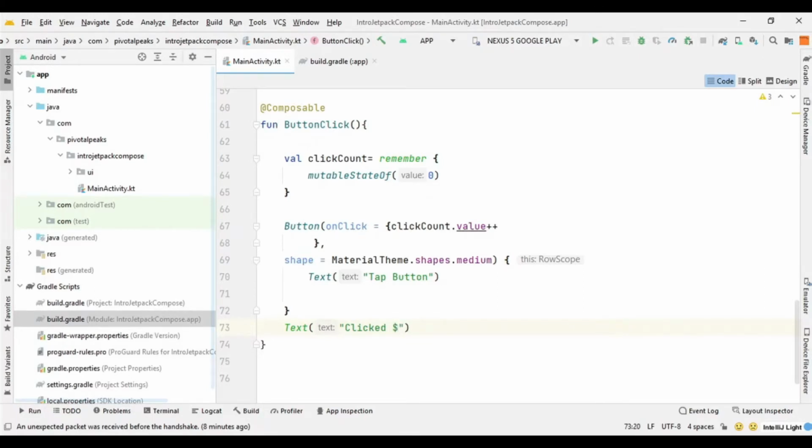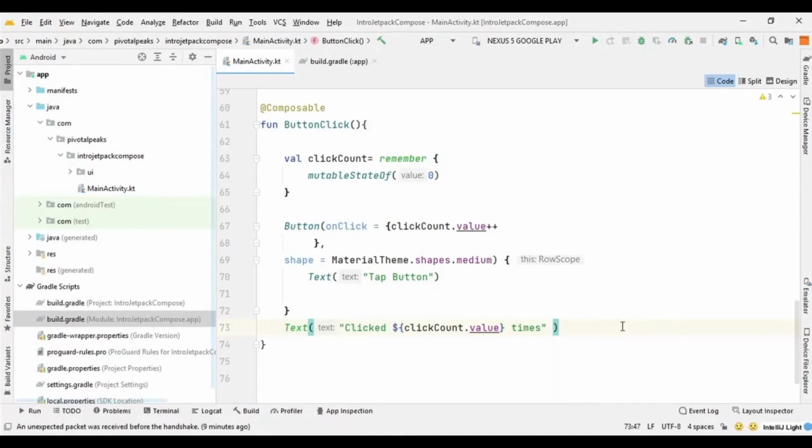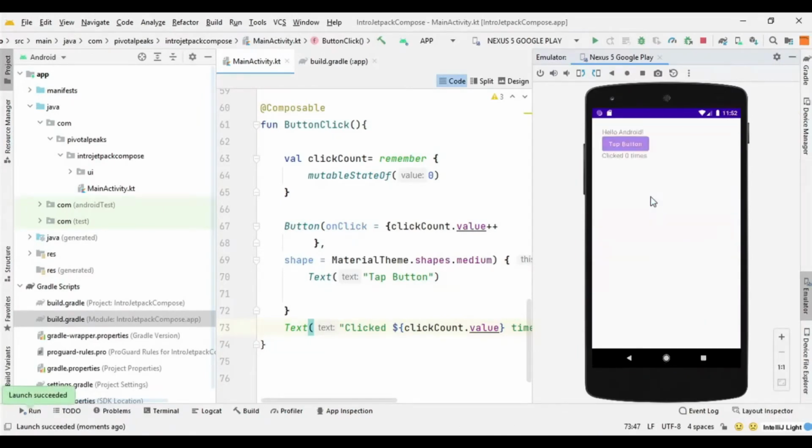So I will say dollar sign, and then use the curly brace, and we can say click count dot value, and here I can say times, and yeah, we are done. Let's run it and see if it's working or not. So I will hit run. Here is the button, and I'm going to click it. You can see that every time we click, it increases the number.